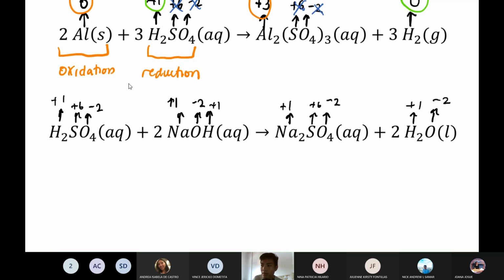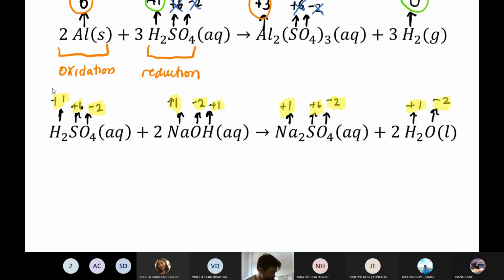As you can see, hydrogen, 1 siya all throughout. Okay. So let me highlight that. Paano ko nakuha yan? Kayo na bahala, pero dinerive ko na yan. So hydrogen is always positive 1. Si sulfur, ganun din. Positive 6 siya all throughout. Oxygen, negative 2. Okay. So sodium, positive 1 din siya doon. And oxygen is negative 2.